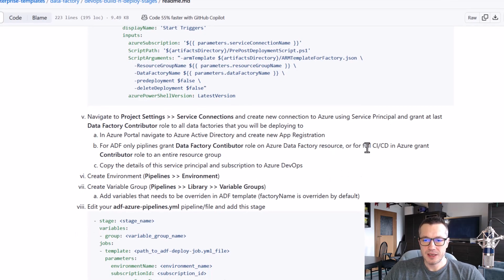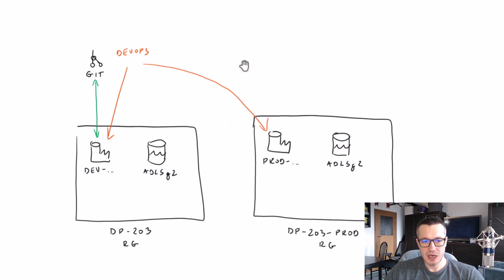And what the guide says is, well, create a new connection. And basically what I will do, I will create two separate connections. One CICD dev, and the second one will be called CICD prod, just to follow best practices and separate permissions, because probably